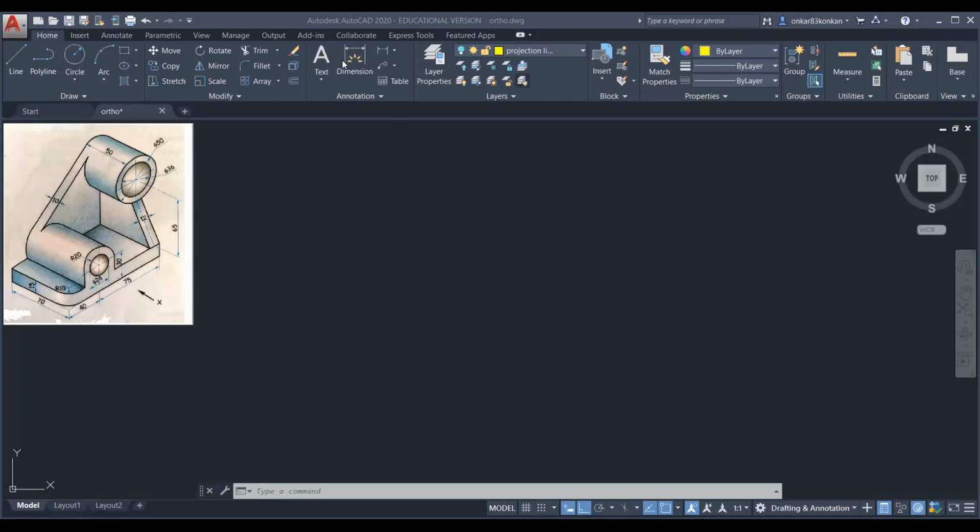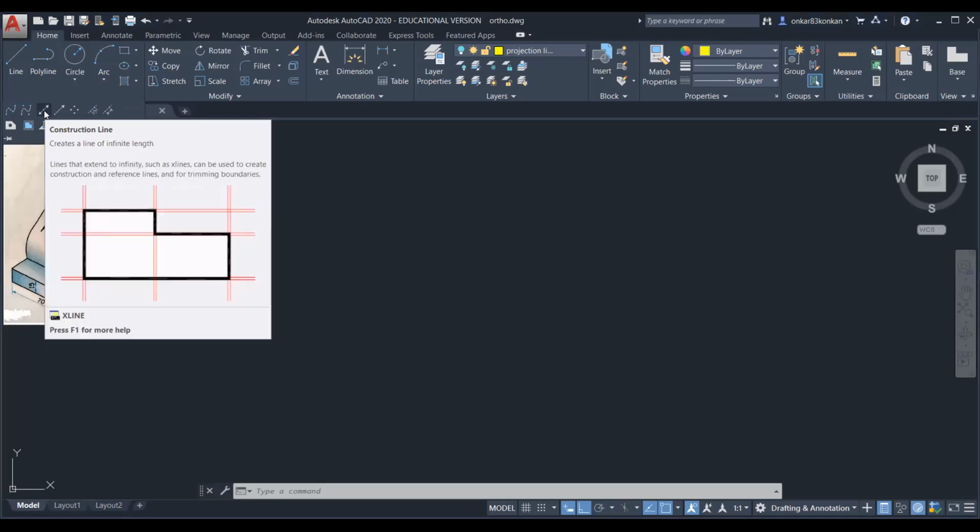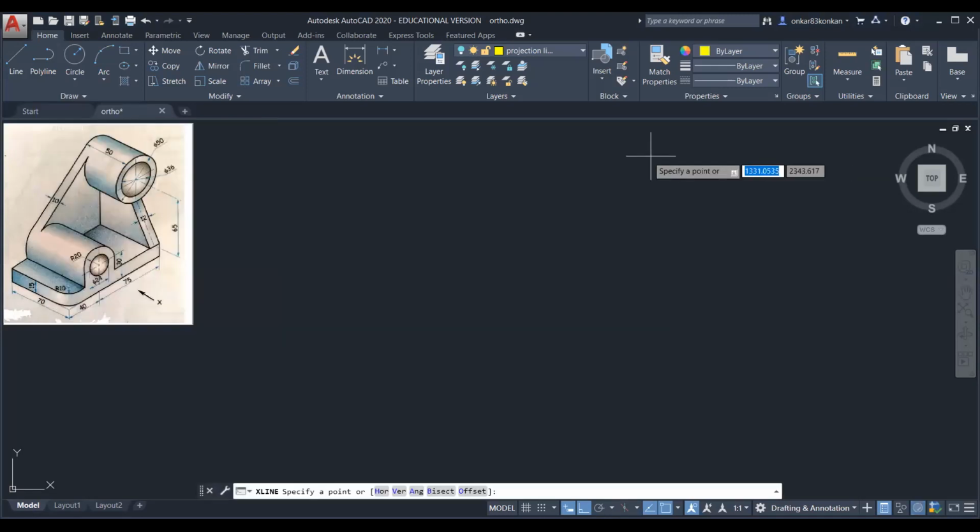Okay. So to draw the XY and X1, Y1 line, from this draw commands, select the construction line. Okay, so I have already explained the different line types. So construction line, it is the line having the infinite length. So select this, and to draw the construction line,